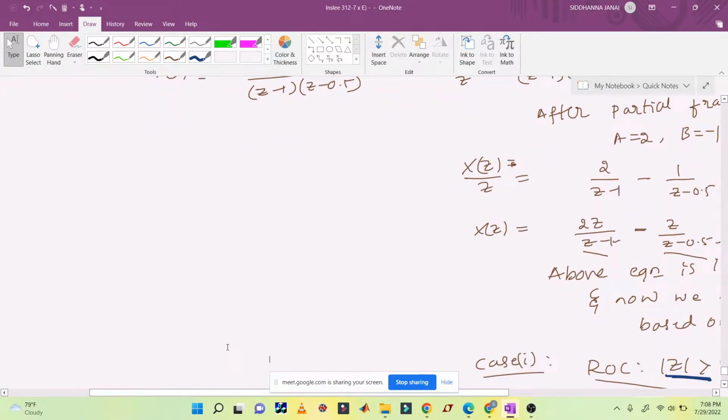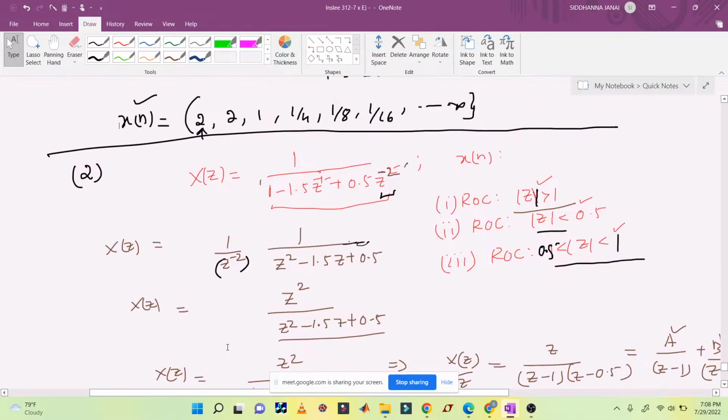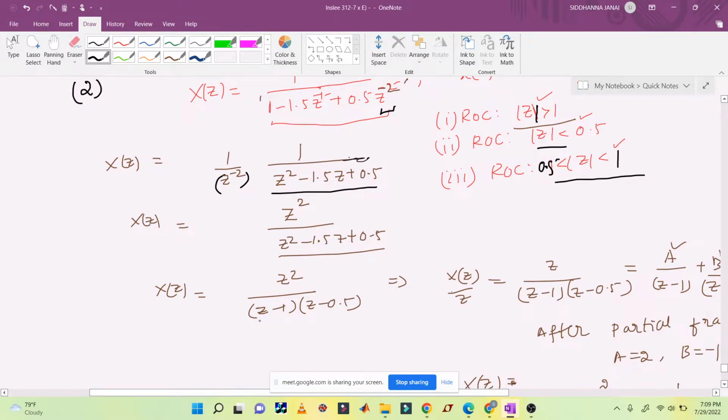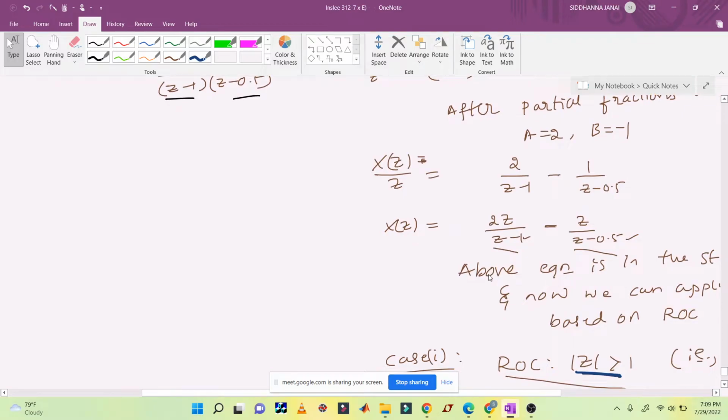Now we have to first apply the quadratic equation formula; in the calculator you can find the roots, then you can write it in fraction form. After that you have to make X of z by z if it is z square. If it is z only, then no problem, because we already know the standard form will be z divided by z minus 1 or z divided by z minus alpha. So in that form it is okay. We have taken X of z divided by z, and then apply the partial fractions. Once you get the results,